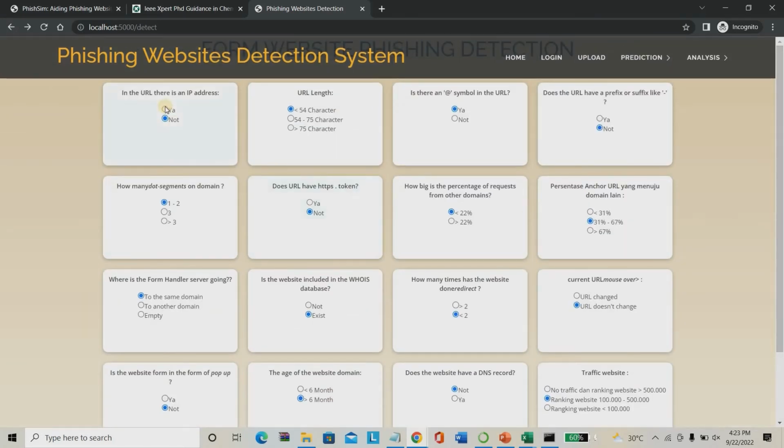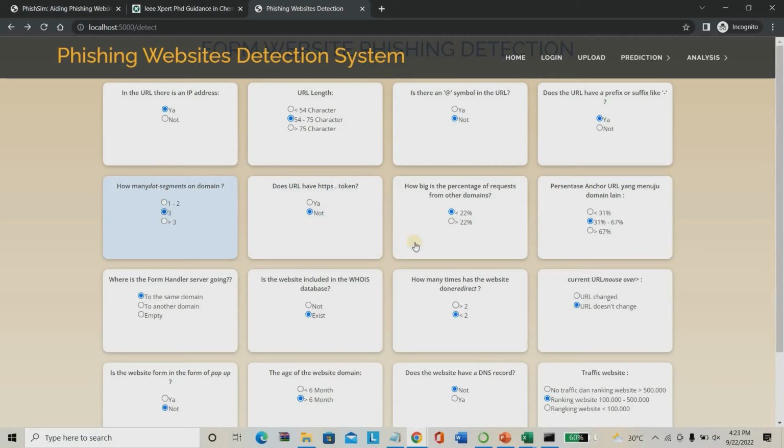Here I'm going to give different data. If it has an IP address, I'm giving IP address. URL length I'm giving 54 long characters. There is no at symbol. Prefix suffix is present. The website I'm checking does not have HTTPS, and there are more dots.